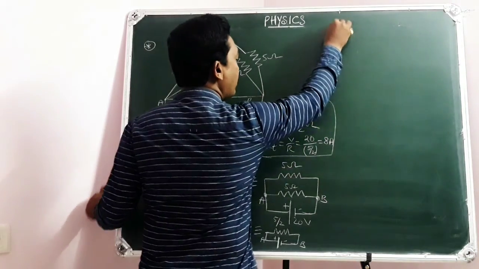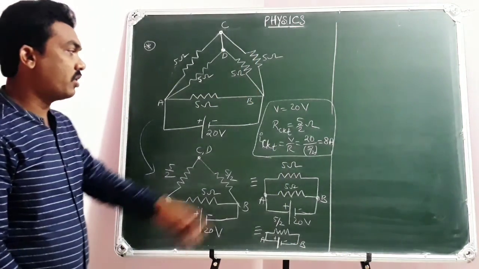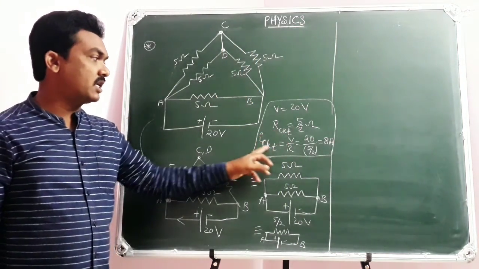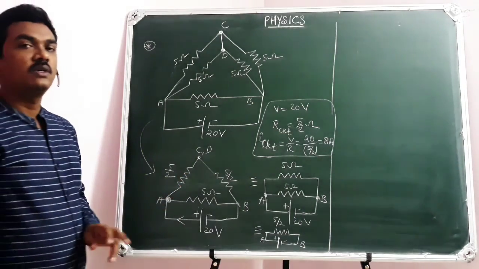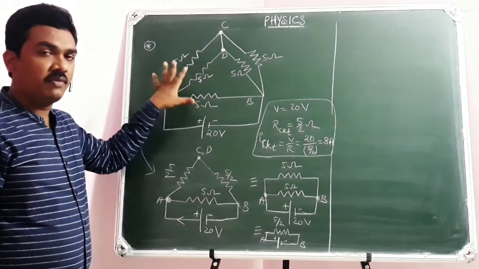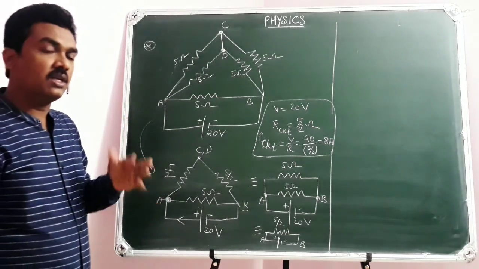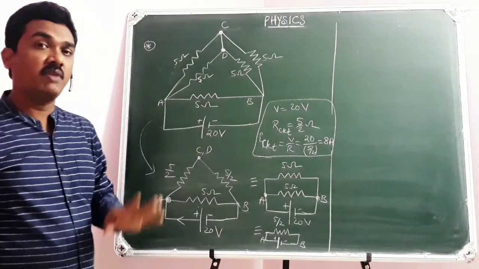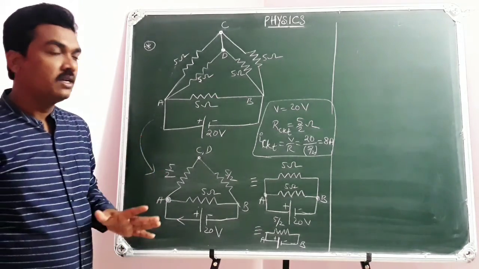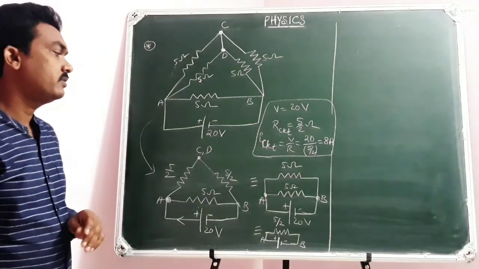Calculating the equivalent resistance of the electric circuit. Our circuit resistance is 5 by 2 ohm and the circuit current is 8 amperes. This is what you need to understand. So here for the given electric circuit, I have calculated circuit resistance, nothing but equivalent resistance across AB. Then circuit current I equal to V by R, which is 8 amperes of current.